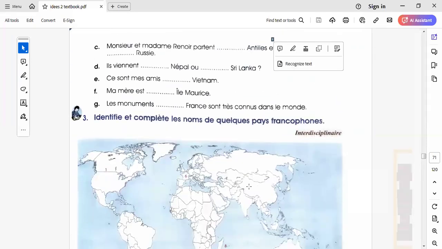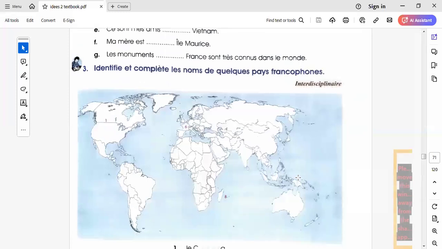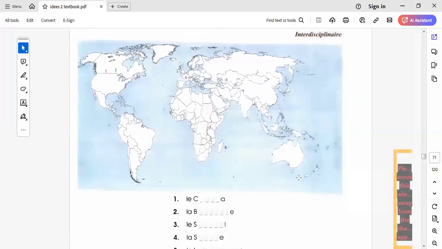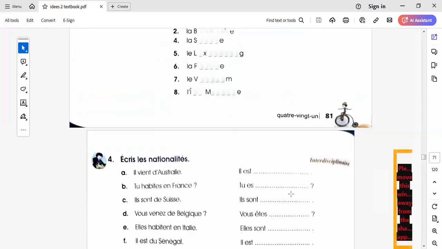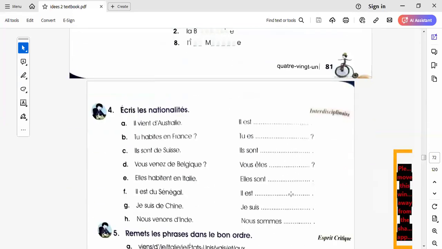Identifiez comme titre le nom de quelques pays francophones. We just have to mark the countries on the map. Écris les nationalités. Let's do this. We have to write down the nationalities. Il vient d'Australie. Il est, he is coming from Australia. Now the subject is il, so the nationality should be in masculine form. It should be